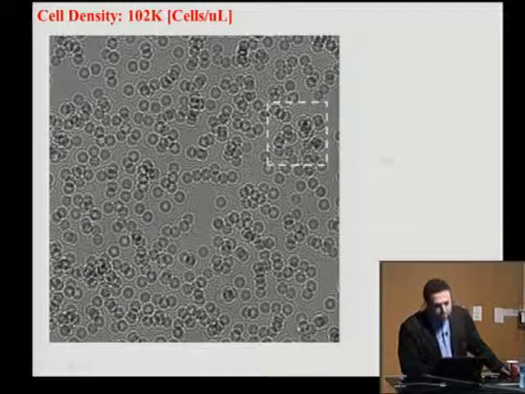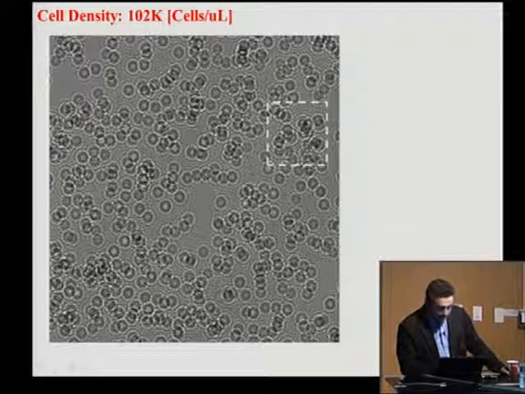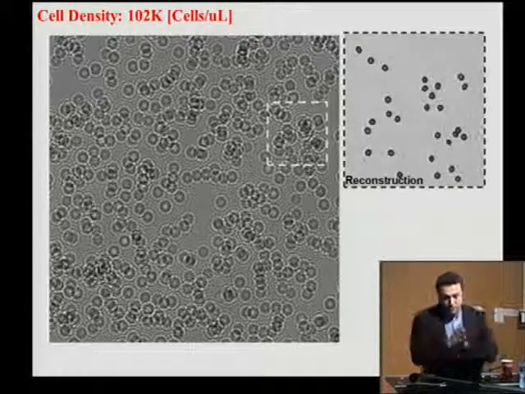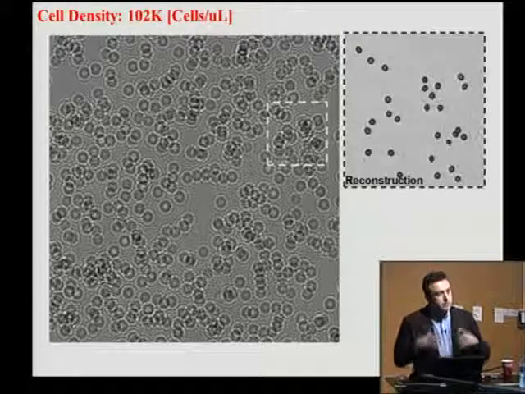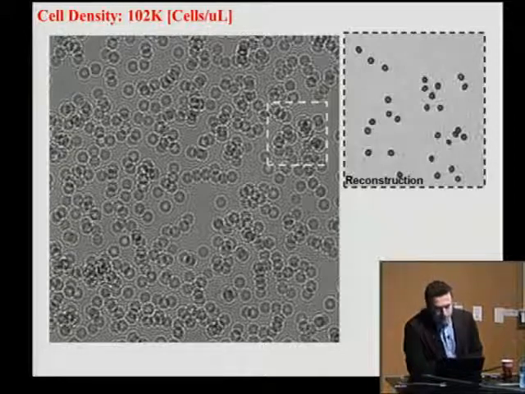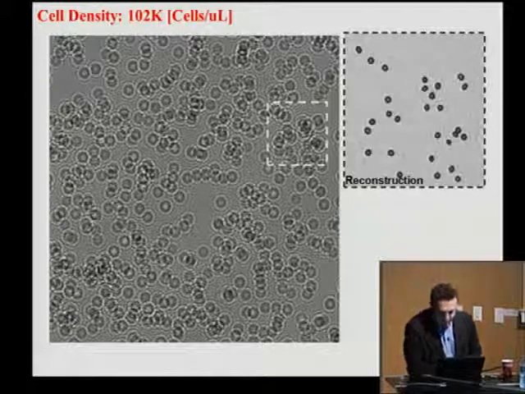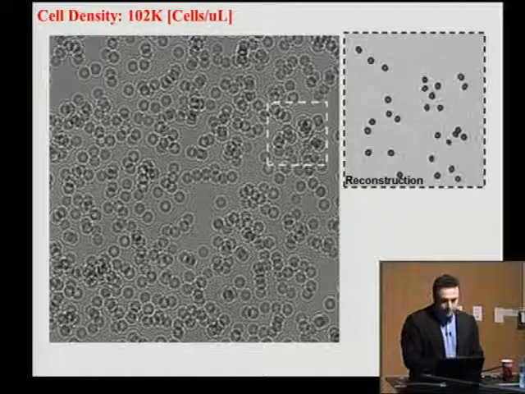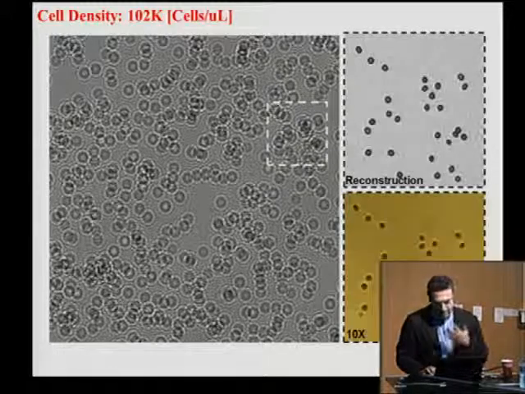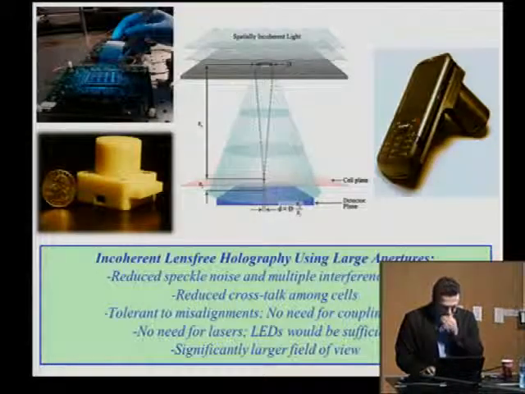So essentially, you can take fields of view like this, where there's a crowded region here. Many cells start to talk to each other in a shadow domain, but you can start to reconstruct them to reveal or to backpropagate the optical field after some phase recovery, which I'll describe in the next few slides, to go back to the plane of interest. And you can do this across a very large depth of field. You can focus back to a millimeter, half a millimeter, 2 millimeters, depending on your object. Nicely matching to a conventional microscope objective.